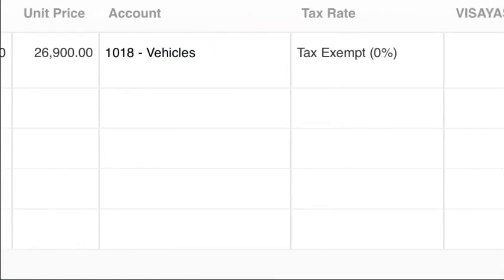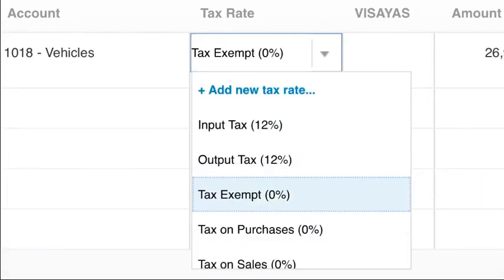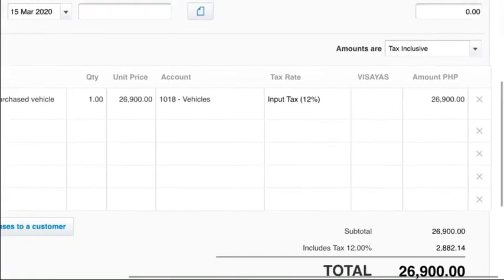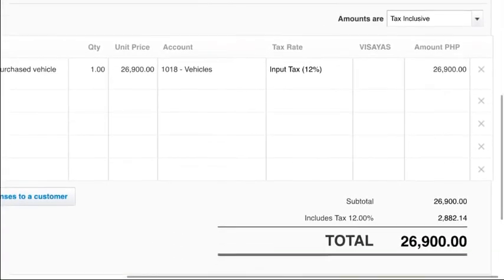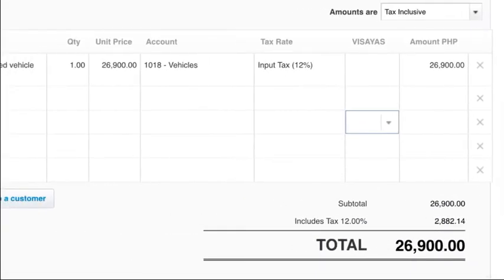For the tax rate, so ang tax rate nato is try to input tax na 12%, tax exclusive. So with a total of,